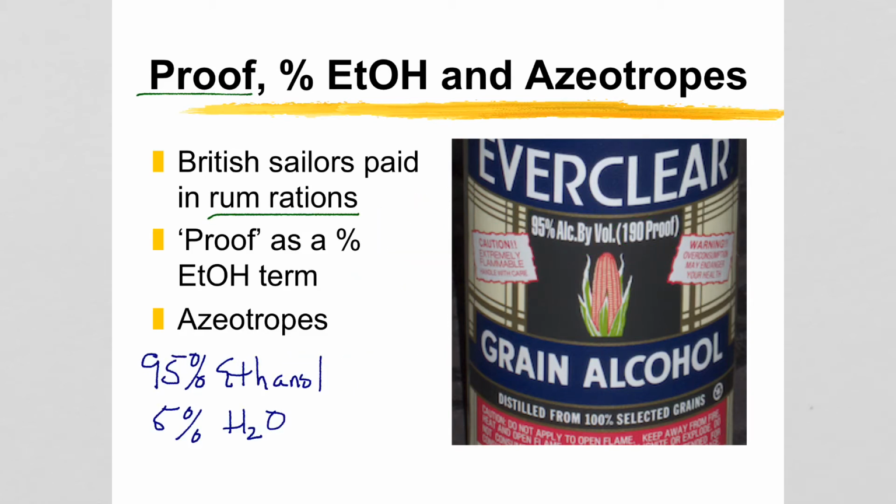That's because when you have a mixture that is 95% ethanol and 5% water, it forms what is called an azeotrope. An azeotrope is a mixture that has the same composition in the vapor phase as in the liquid phase, and therefore that makes it impossible to separate by distillation. So basically it's a mixture of two different liquids with a constant boiling point. That's very unusual, but it's not terribly unusual. There are several different ways that you can get an azeotropic mixture,